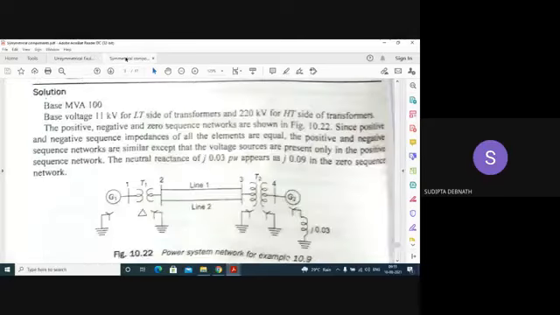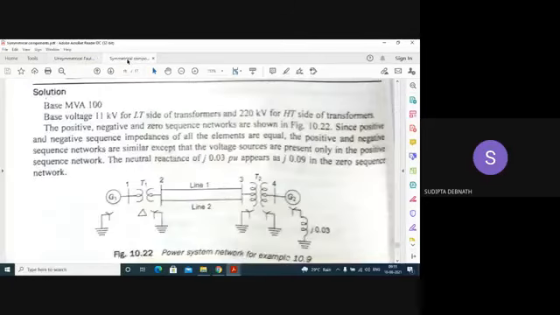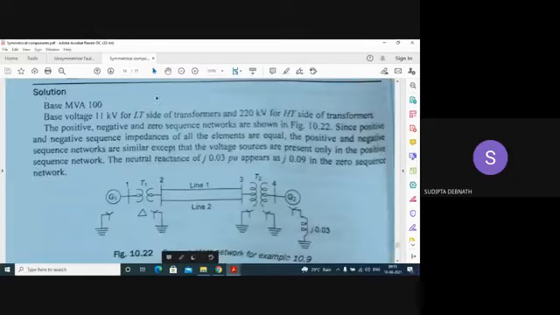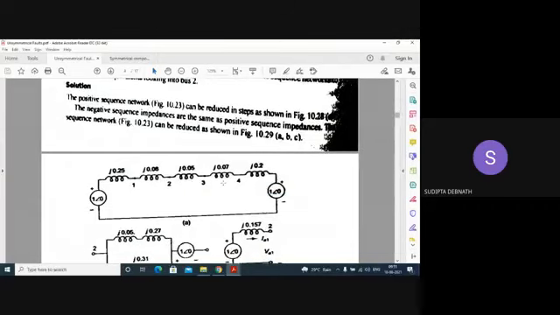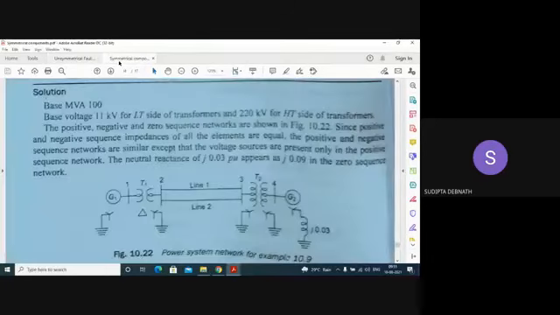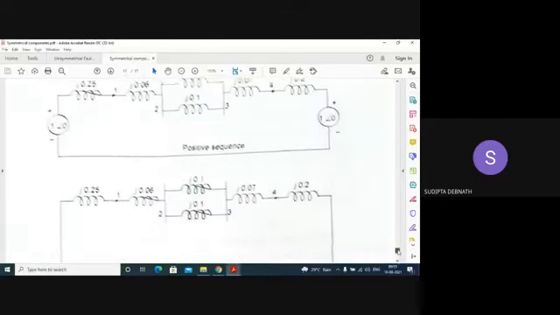So where has the fault occurred? They have not given the type, but the fault has occurred in bus 2. You can represent these two parallel lines in terms of a single line with half of the impedance. So the fault has occurred at this point in bus 2. How to reduce the network? This is actually the sequence network, the positive sequence network, and this has been derived in the last class only. They have copied just from here.